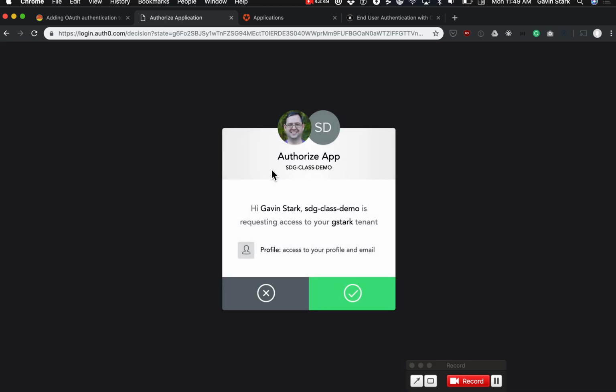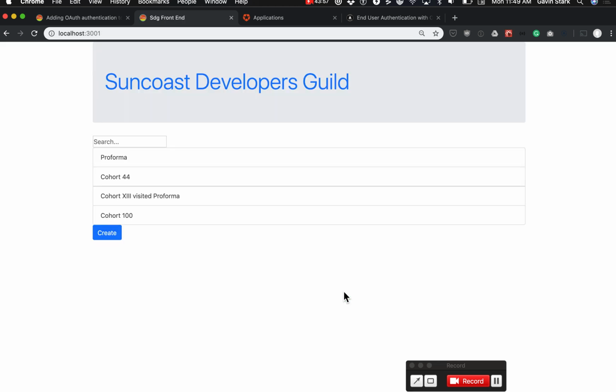Right now I'm authorizing SDG class demo to use my Google account. So this is what we're going to be showing the demo in. This is what your login flow is going to look like. Okay, now I'm logged in, right? But I really can't tell